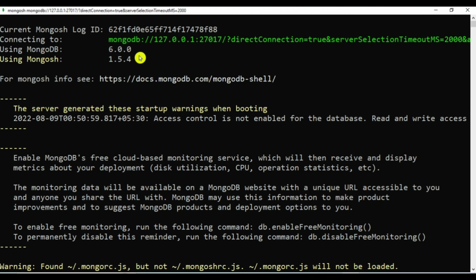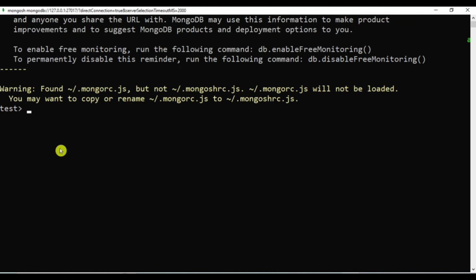It is showing MongoDB 127.0.0.1, which is nothing but localhost :27017, which is nothing but port number of your MongoDB server. So this is a default port of MongoDB server, and here it is showing version of MongoDB 6.0.0, and here it is showing version of Mongo shell. And if you scroll down here, it is showing you default database, which is test database. Now we will be creating our own database. In that we will be creating our own collection and documents.